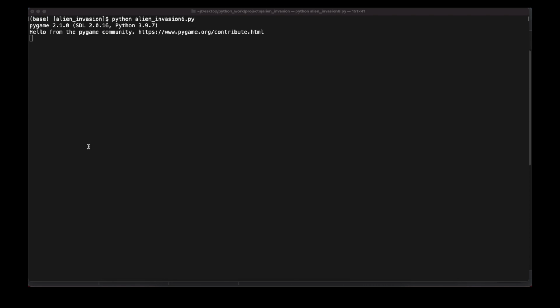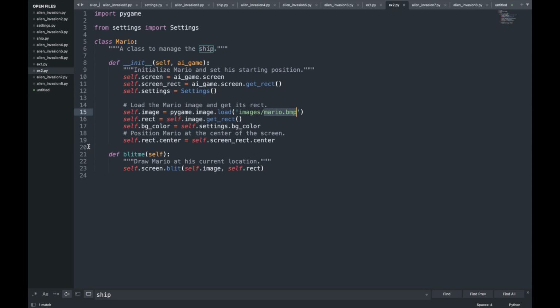to our screen. Now, next we want to make sure that the player actually can navigate the ship to the right and left. So we're going to write code that responds to when the player presses the right or left arrow key. So we'll focus on movement to the right first, and then we'll apply the same principles to the movement